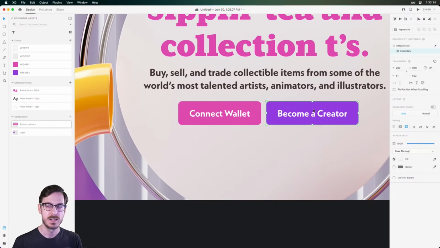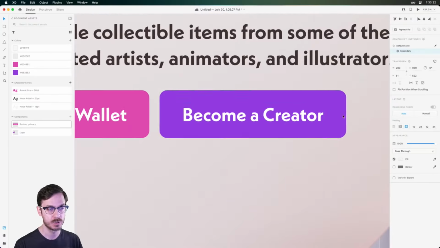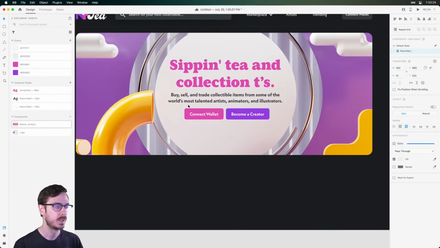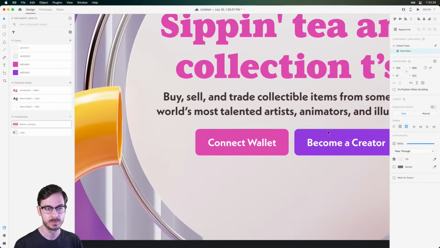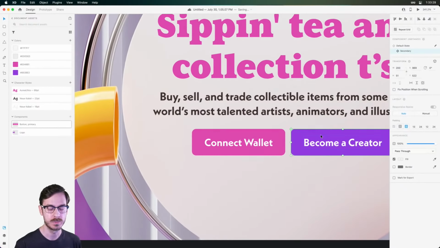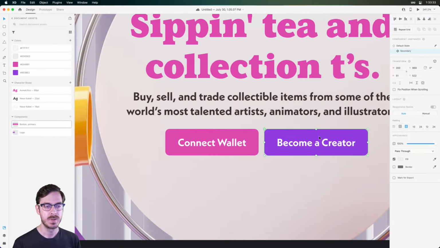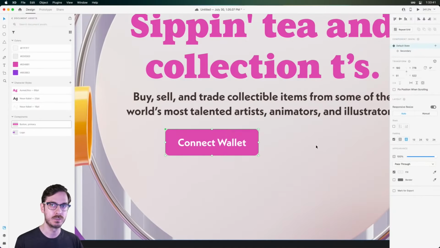Now, here's something we have to talk about, right? These two buttons, because we have padding enabled, are completely different sizes. Become a creator is a little bit larger than connect wallet because the text layer is larger. In some cases, this would work, but in this case, it's kind of adding a little bit more weight. It's kind of pushing people in the direction of this become a creator button, which we may not necessarily want,